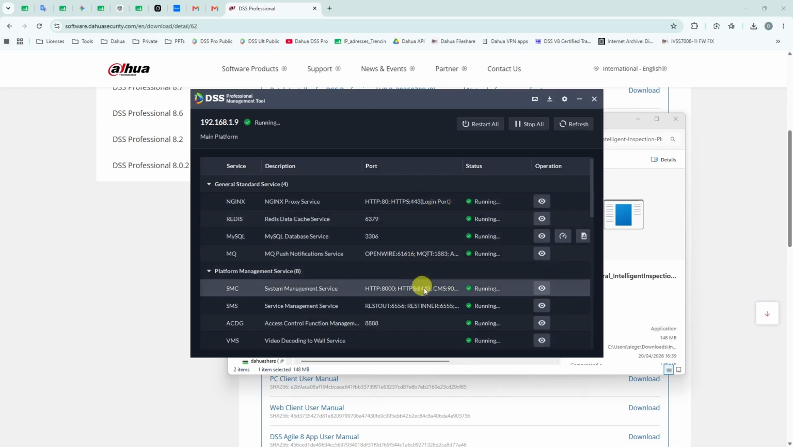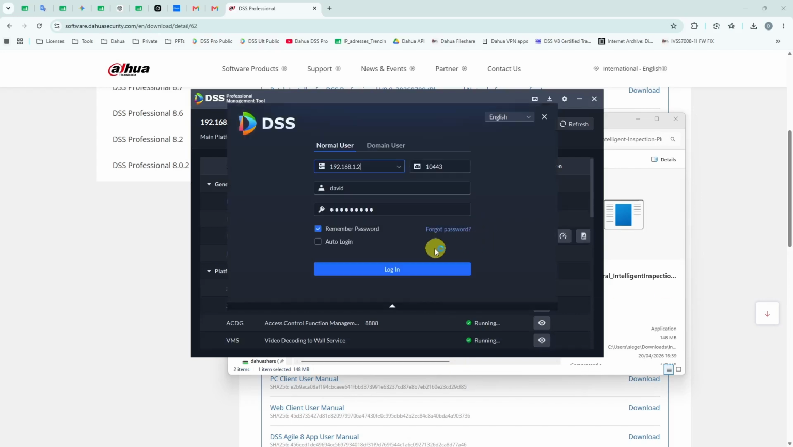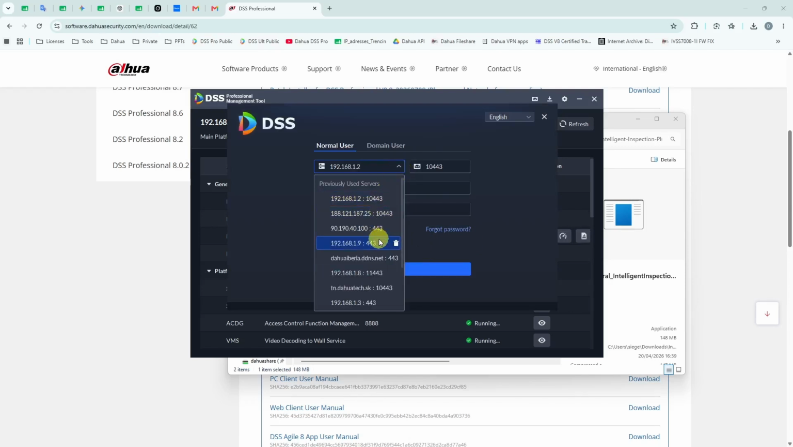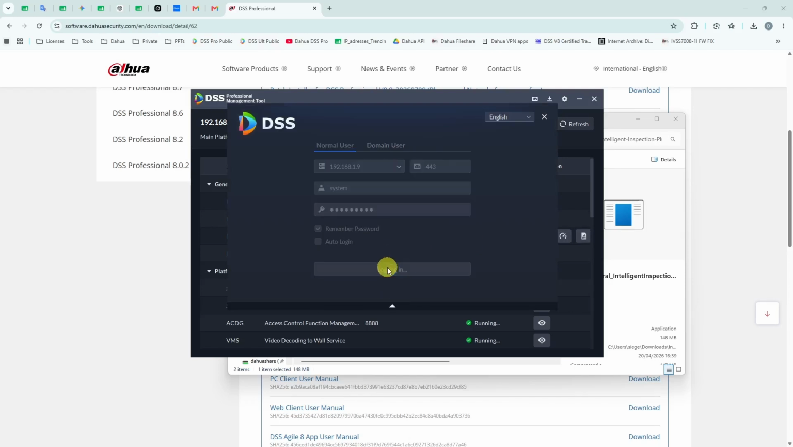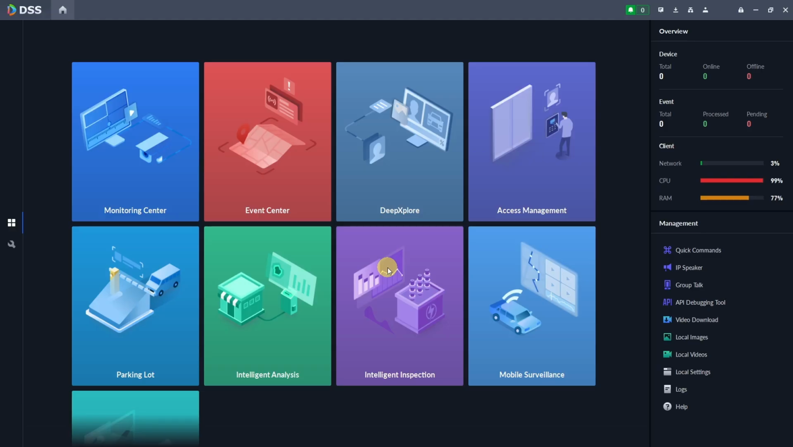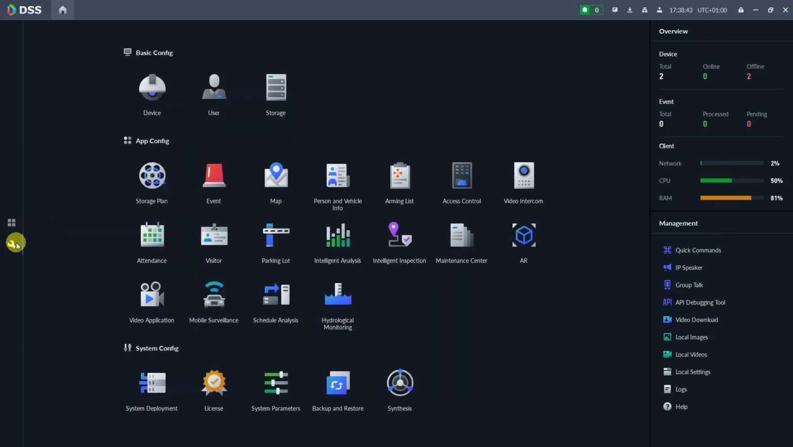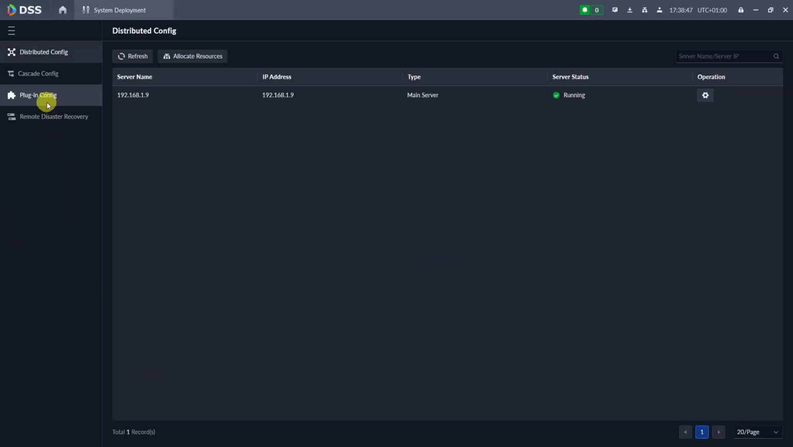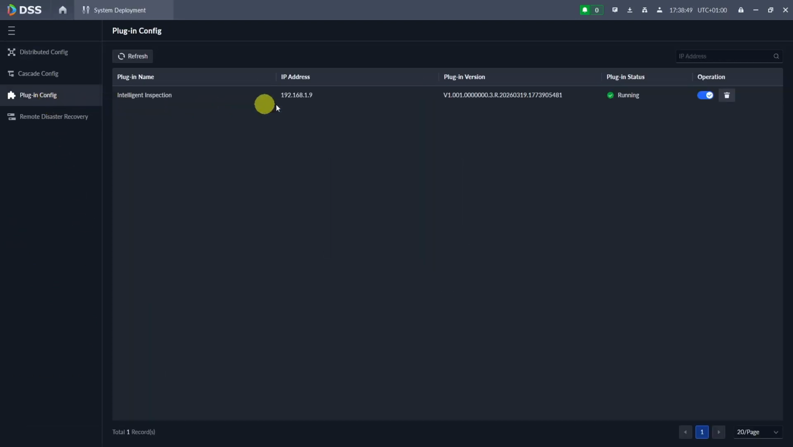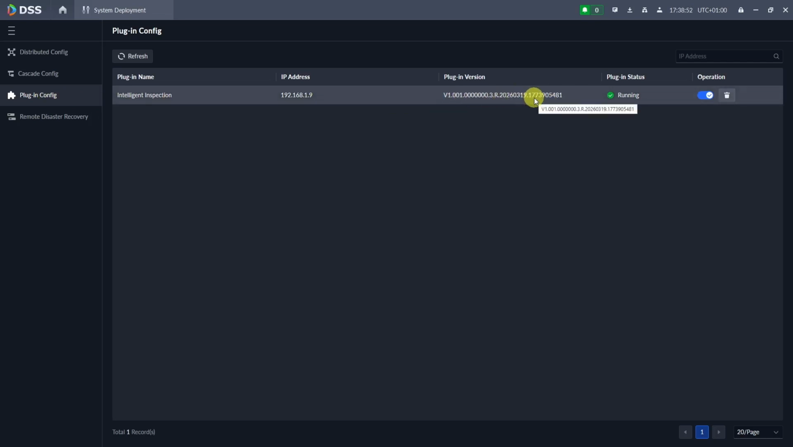After the server is up and running after the installation, you want to open the DSS client and log in. And you can manage the installed plugins in configuration, system deployment, and in plugin config. As you can see here, you can see the plugin version, if it's running, and you can turn it off